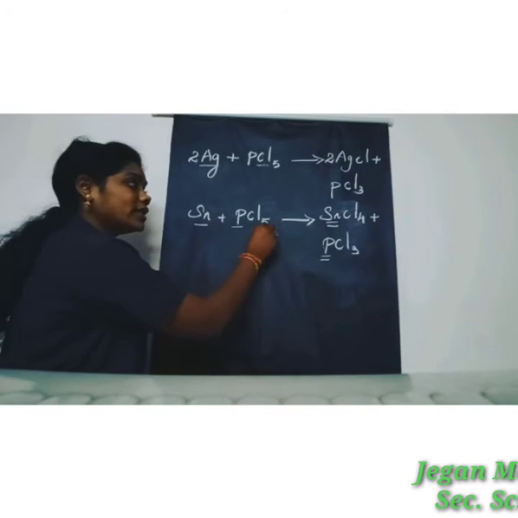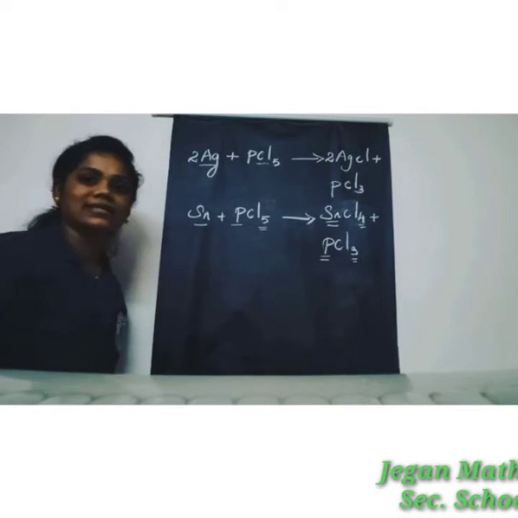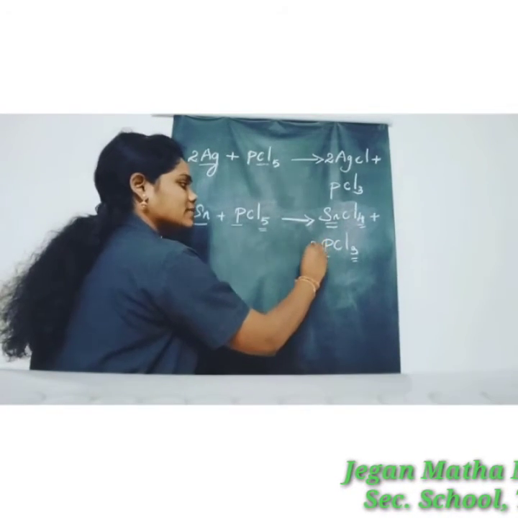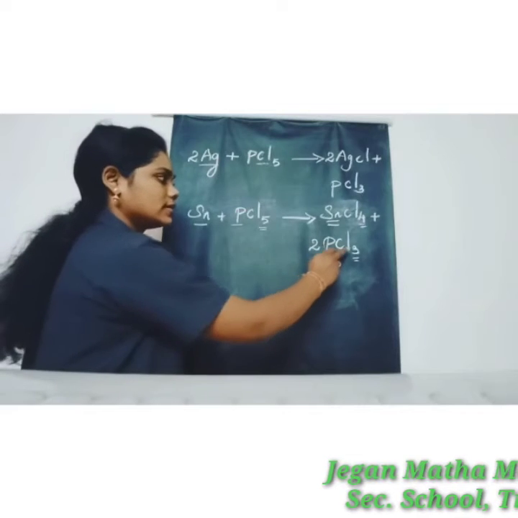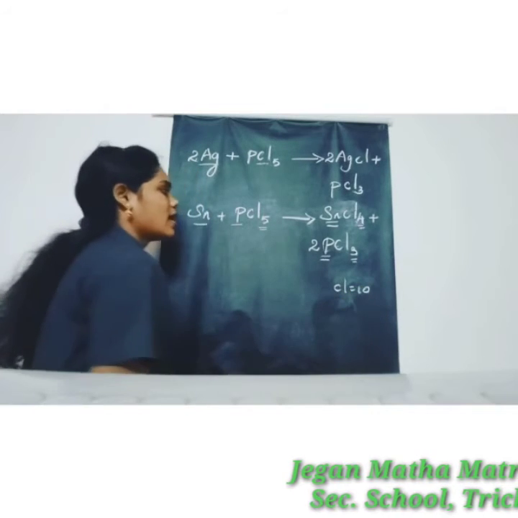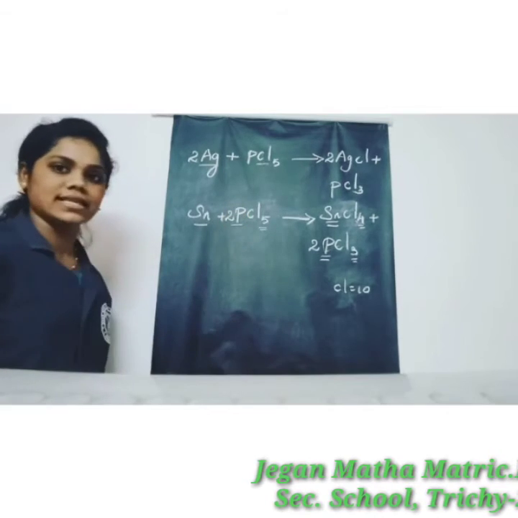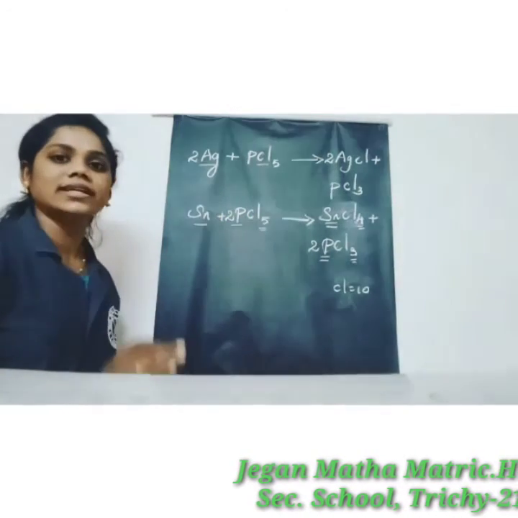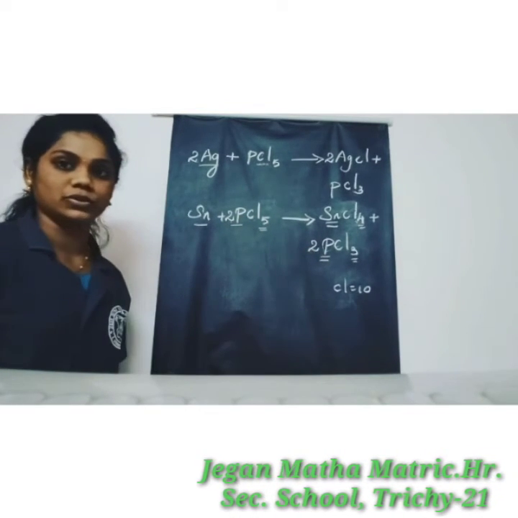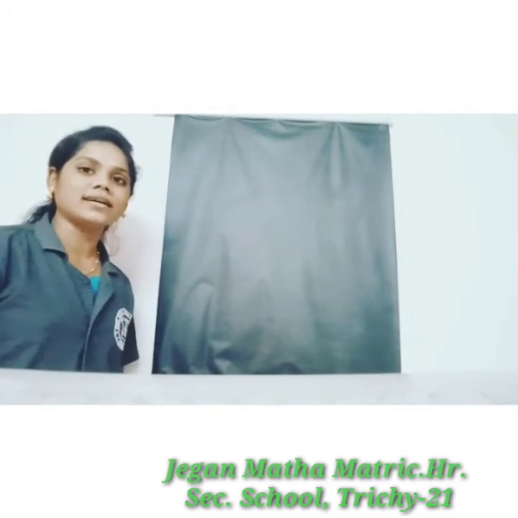But here chlorine is 5 times, but here chlorine 4 plus 3, that is 7 times. So now I take here 2 times of chlorine, means here chlorine is 3 twos are 6, 6 plus 4, 10 times of chlorine. But here chlorine 5 times, so 2 times of PCl5. So 5 twos are 10. Chlorine is balanced. Here phosphorus 2 times, so here also phosphorus 2 times. So the equation is balanced.